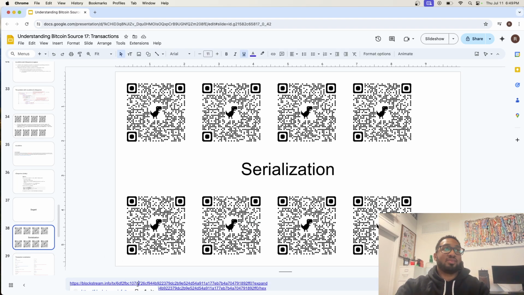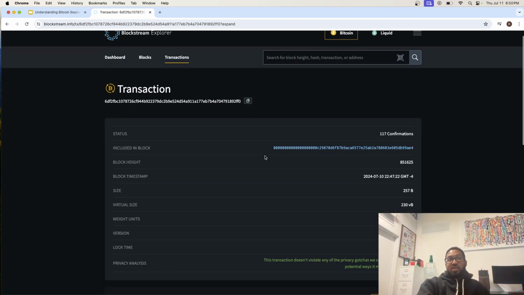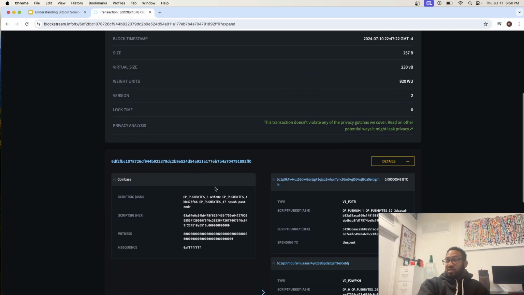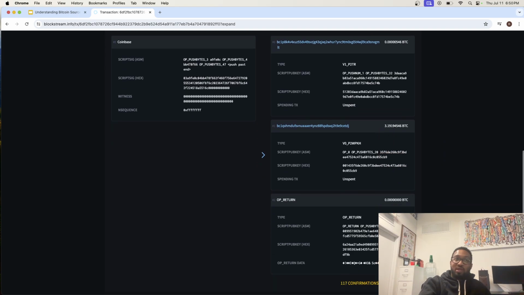Okay, it's right here. So this is a transaction I serialized, or I took the serialization of and decomposed it. This has a Coinbase transaction for its input, because you might be wondering, how does a transaction look if it's a Coinbase transaction? Is the input still made? The answer is yes. One input, and we'll see how that looks. This is a pay to taproot output, and this is a pay to witness public key hash, and this is an op return. And I'm just gonna show you how the bytes look in hex and break down those bytes.